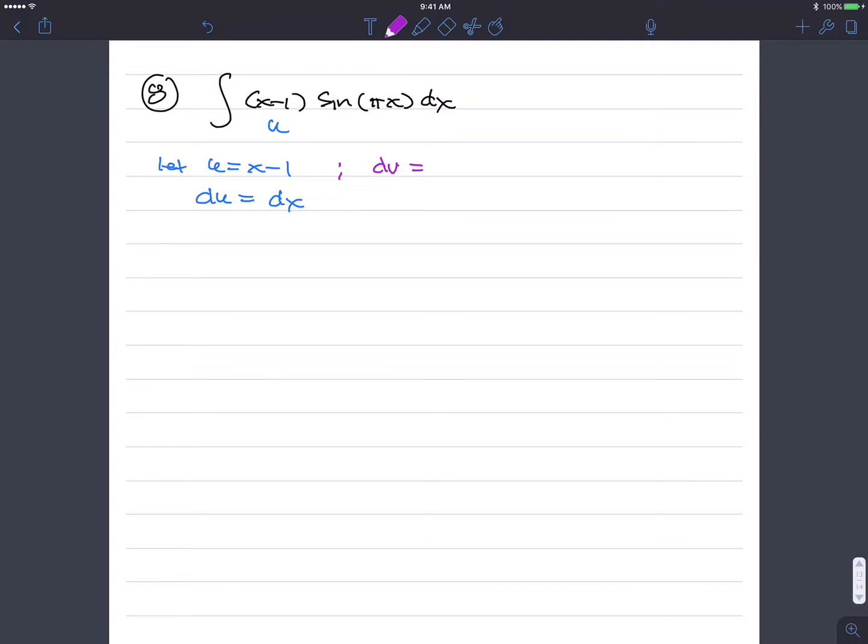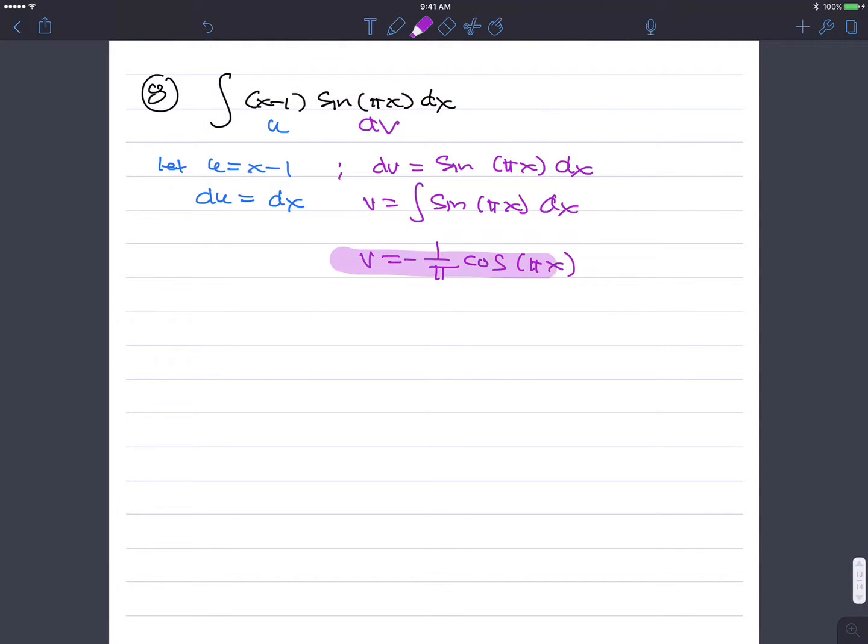Now my dv will be sine of pi x dx. Again, this is my dv. So v gives you the integral of sine pi x dx, or your v will be 1 over pi. Derivative of cosine is minus sine, so it's negative sine pi x. Let's think about that again. Derivative of cosine is minus sine, so the antiderivative of sine is minus cosine. Ooh, almost made another mistake. Okay. All right, here we go. This is my v,